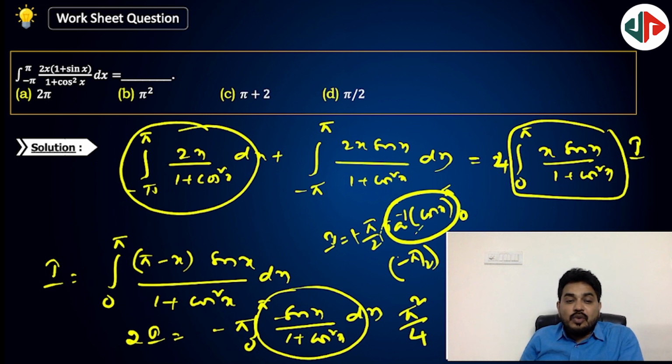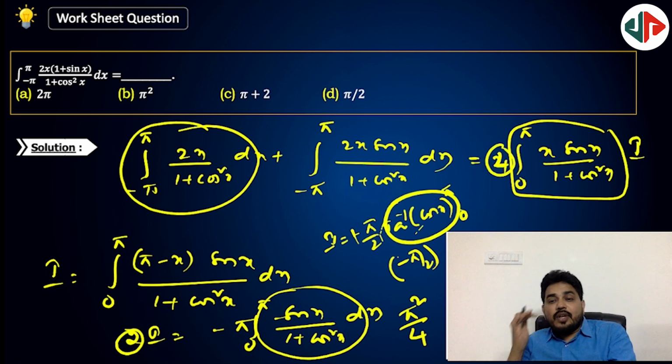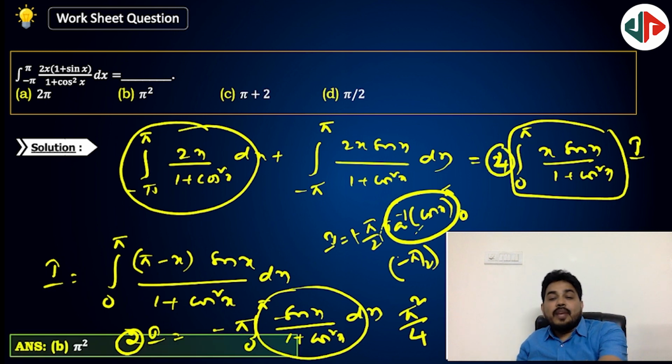Outside is equal to, look at here, 2 is here and 4 is there. So you are going to get the answer as pi square as the total answer. Moving to the next question,